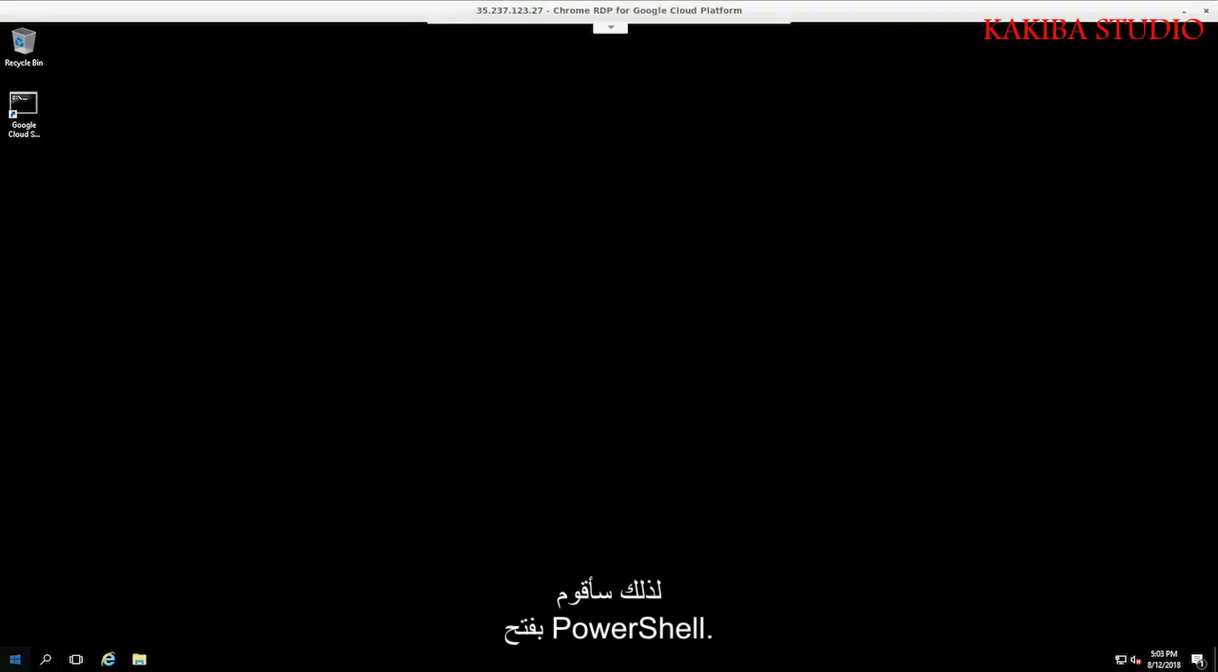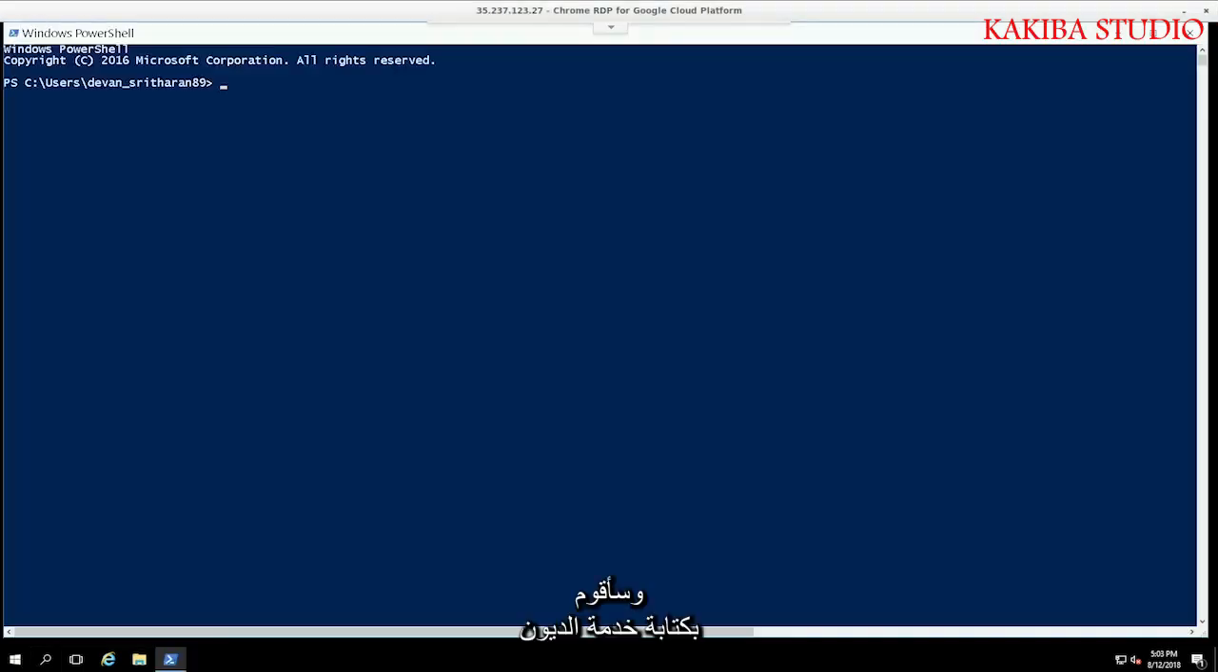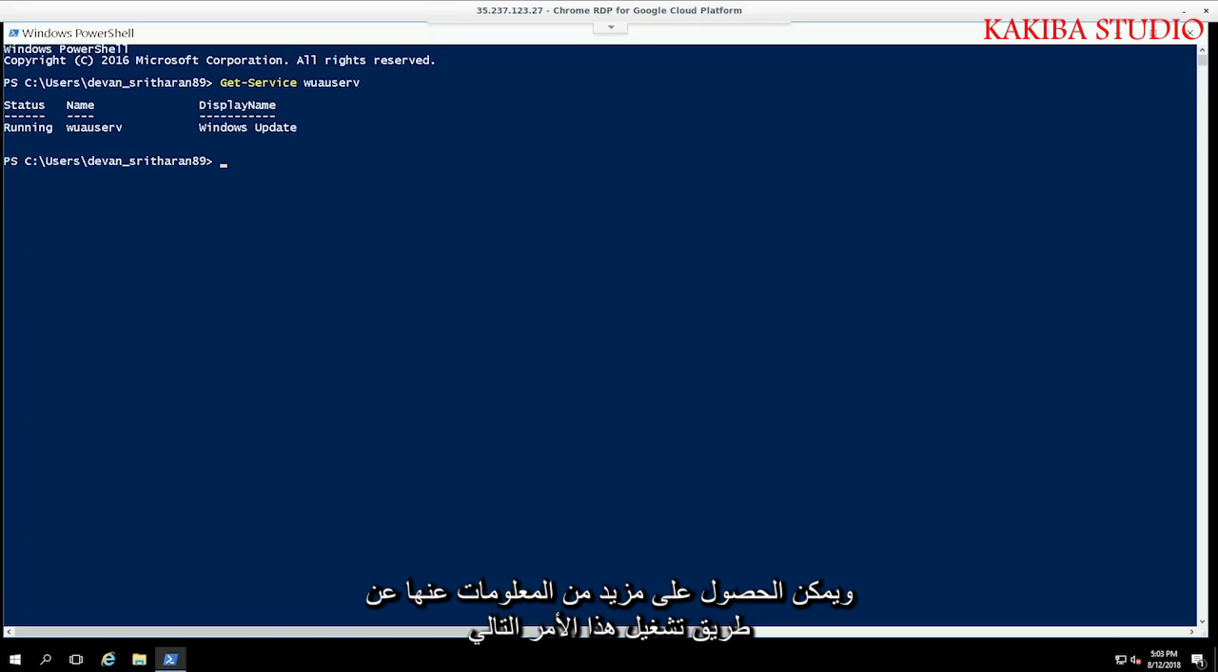So I'm going to go ahead and open PowerShell. And I'm going to go ahead and type in Get-Service. I'm going to type in the shorthand form for Windows Update Service, which is this. So wuauserv is a short name for the Windows Update Service. We can see that the Windows Update Service is running and can get more information about it by running this